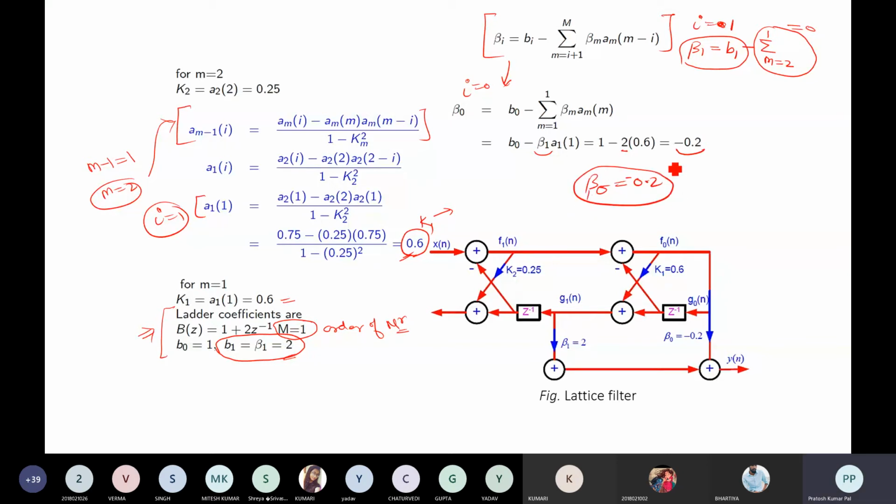So once we know beta 0 and beta 1, that is 2, we can use them directly. Once the lattice is realized, we will have one term coming out here that will be a multiplier, that is beta 0, and another from here there will be a multiplier, and there is no need of an adder. We can directly connect because there is no term here, so there is no need to use an adder. It can directly come out here, and we can find y of n. Okay, so this will give you the y of n.